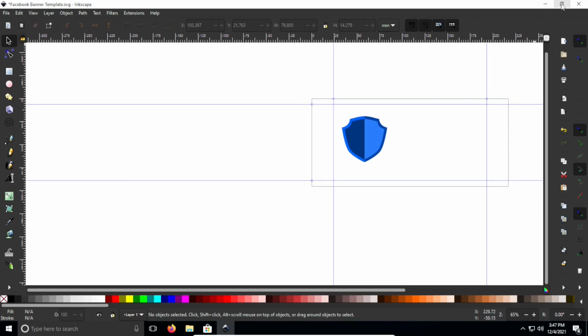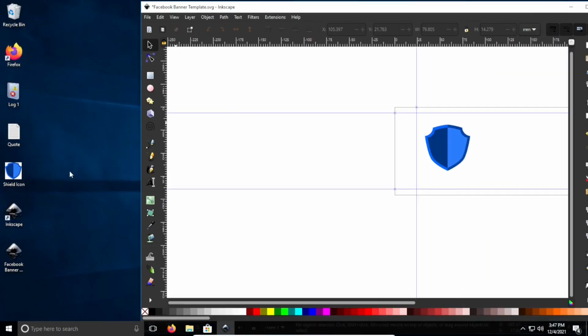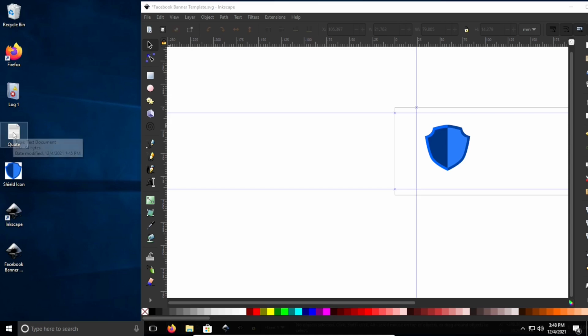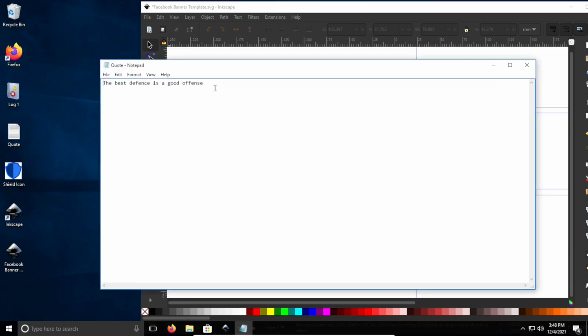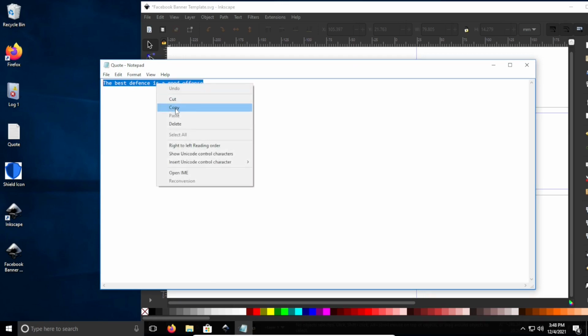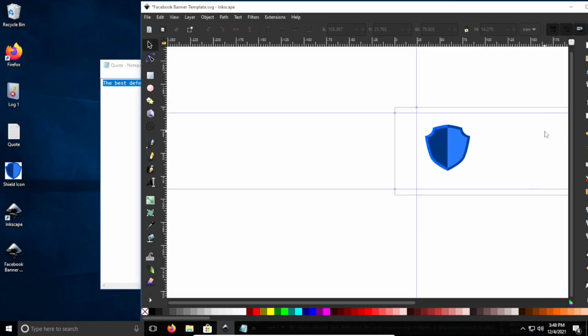I'm going to go ahead and open a quote that I want to put into Inkscape. What I'm going to demonstrate is how you can copy and paste text from another source and paste it into Inkscape. I'm going to go ahead and open this quote file. I'm going to select all the text. I'm going to right click and then hit copy. I'm going to go ahead to Inkscape,